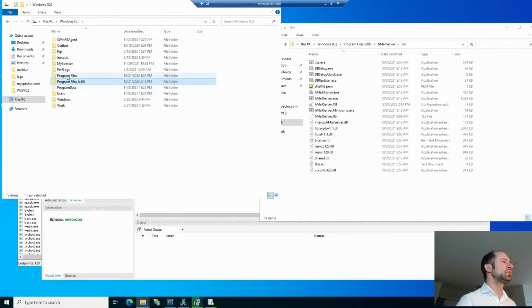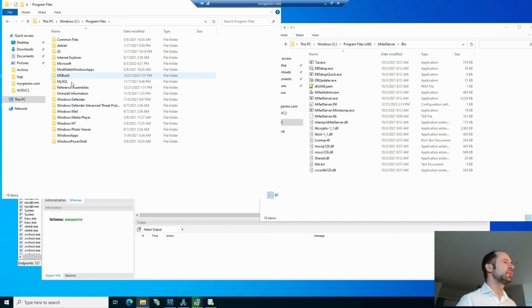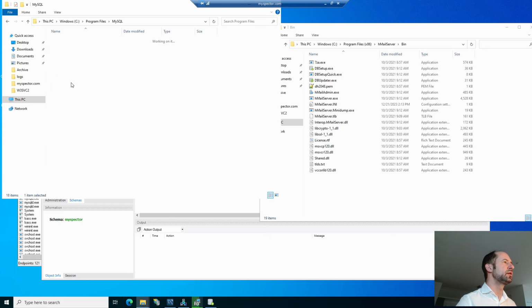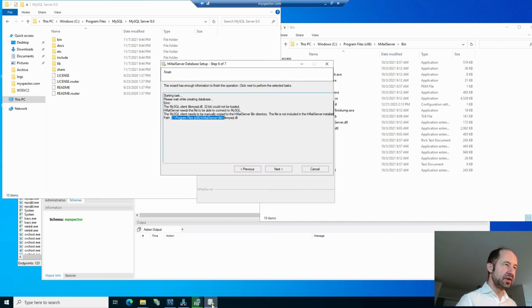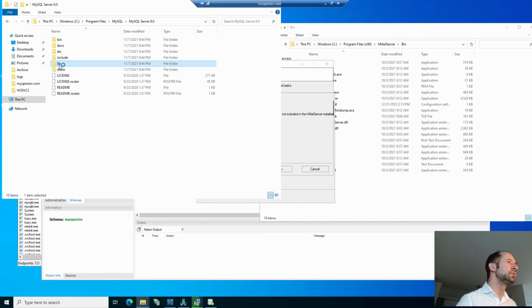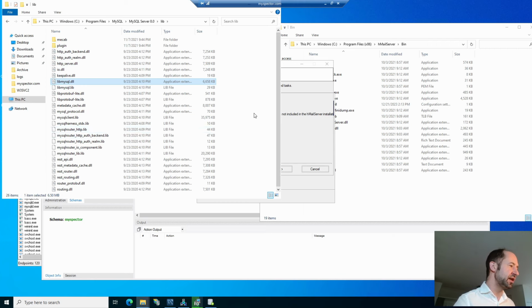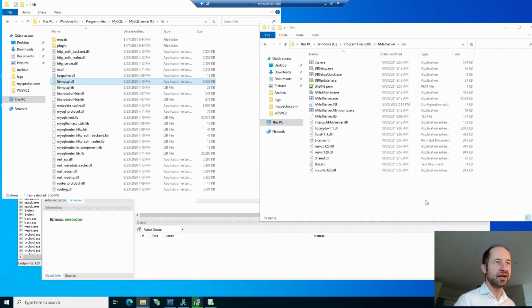Go to Program Files, MySQL, MySQL Server 8, the libmysql DLL. Let's take this DLL, I copy it there.